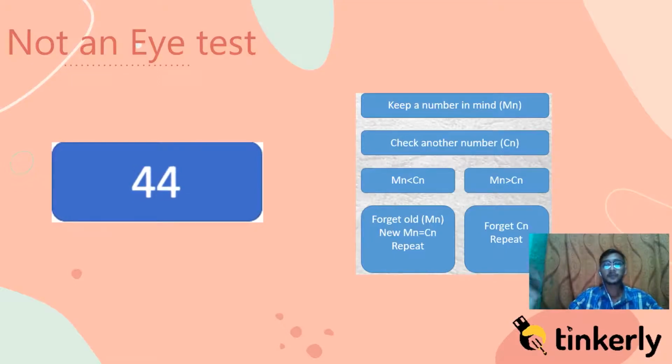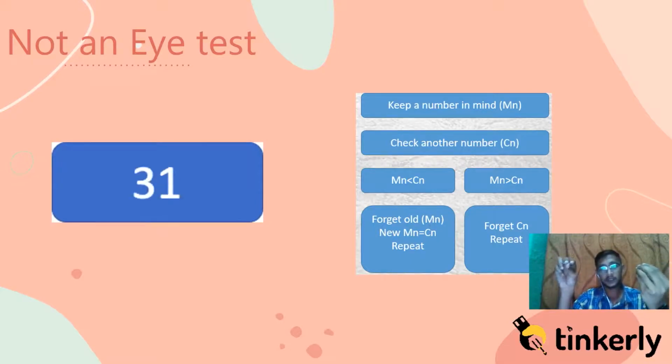So what's the procedure? The procedure is to keep a number in your mind, and that number is the one you saw first. Like I saw the number 27. So just keep 27 in mind. Then check another number. I saw 31. Then you have to compare the first number and the second number. Which number is the biggest, 27 or 31? I thought 31 is the biggest number. Why? Because you have to find the biggest number among all the numbers. So 31 is the biggest number.